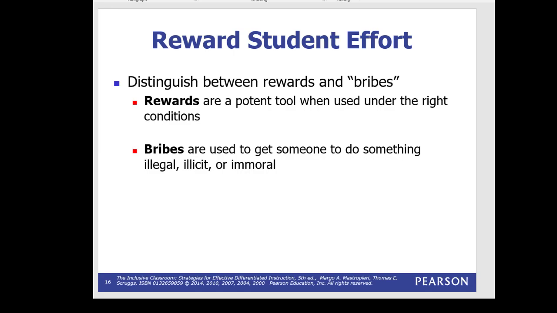Just to advance a little bit on this rewards versus bribes. Yes, I understand the whole idea of bribes, getting someone to do something that's not necessarily good. For example, you bribe a politician to get them to pass your bill. Well, there's also a more benign definition of bribe, right? Sometimes teachers bribe their students into behaving. It's like, okay, if you all sit here quietly during read aloud, you're all gonna get a cupcake.